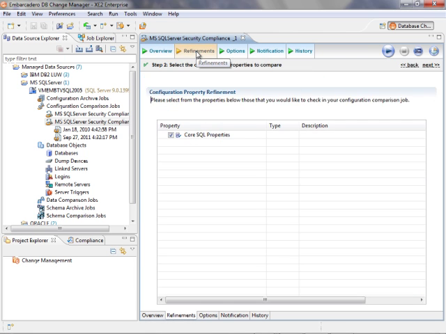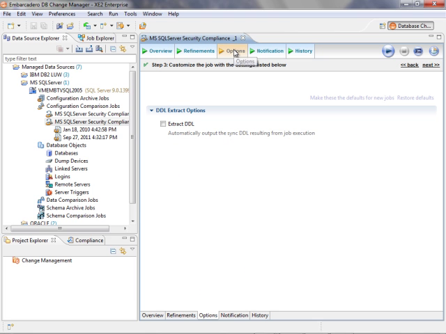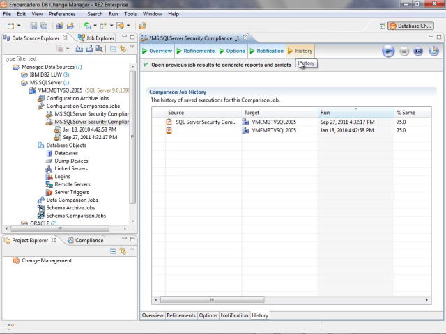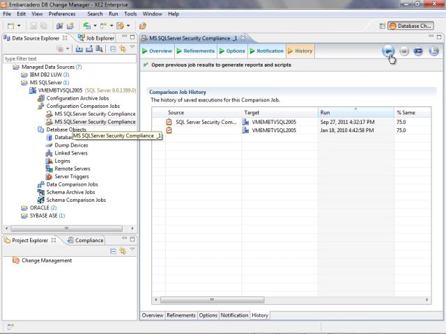Next, I'll choose the Refinements tab and choose my core SQL properties. Next, in the Options tab, I can choose my extract options. In the Notification tab, I can choose if I'd like to be notified by email, file system, or system tray. And finally, in the History tab, I can see previous runs of a particular job. Now I can run this job